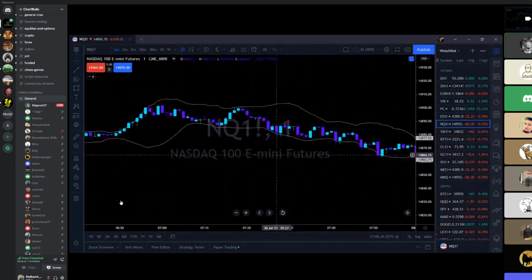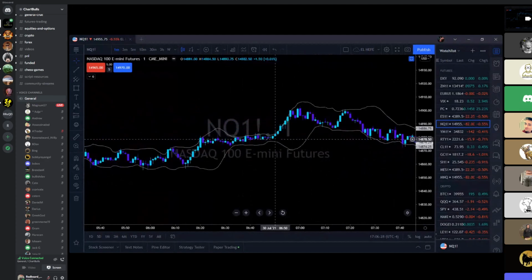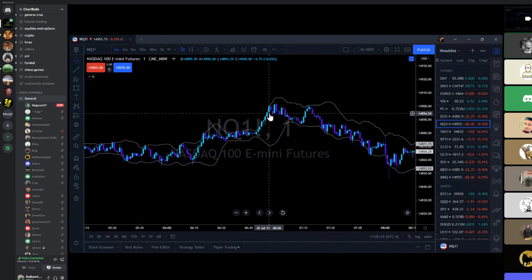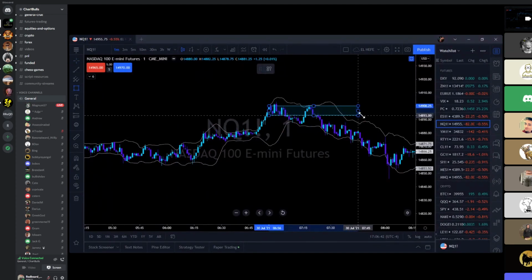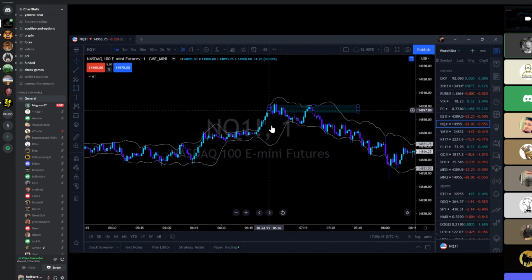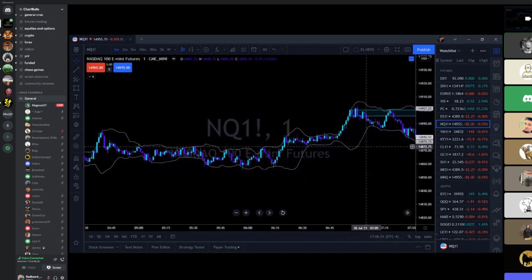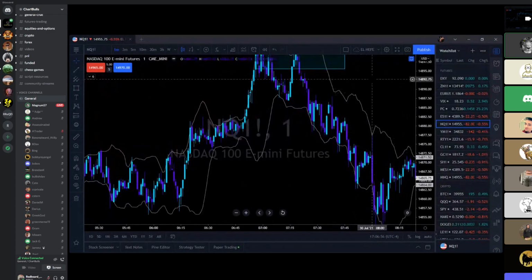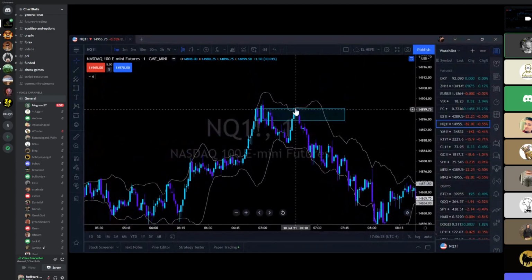Here's probably one of the best examples you can find, right? So you see we're running the band up. We pull away from it, make a higher high. So we'd go to the last one to make it through the Bollinger Band, which was right here. And we wait for it to pull off of it and back up into it. Well, it backed back up into it, and it poked the upper Bollinger Band when it did. That would have been an excellent trade, what I would consider A+,